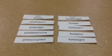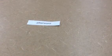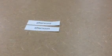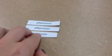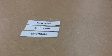Okay? So the prefixes pre and fore mean that it's happening before. It changes the base word to mean that it happens before. Okay? Now I've got 2 more pairs of prefixes that change the meaning of the base word dependent on what the prefix is. Afterward, afternoon, and aftertaste. Okay? As you could probably imagine, that prefix after is put at the beginning of a base